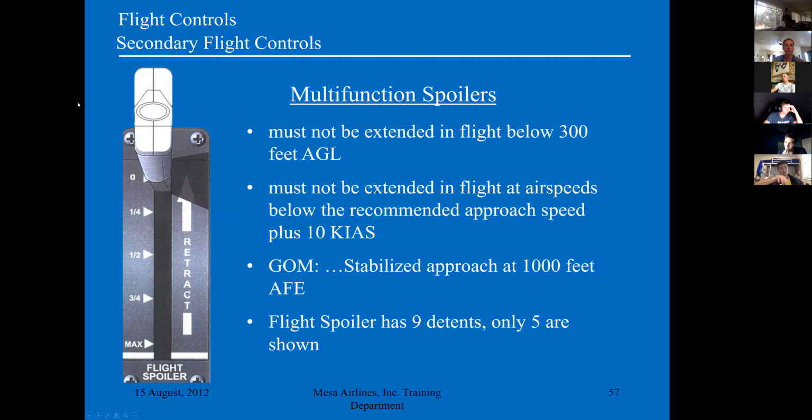Extended spoilers below 300 feet AGL. You can't be about to hit the ground and have the spoilers out. It's actually more tempting than it seems, because if you're high and you're fast and you're coming in hot, people tend to delay retracting their spoilers on purpose. But if something happens where you actually